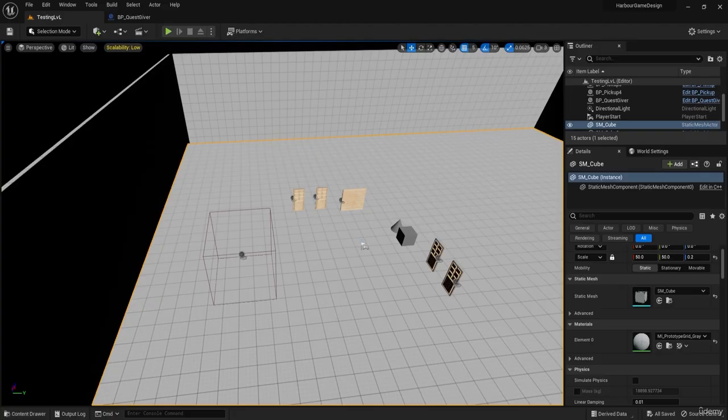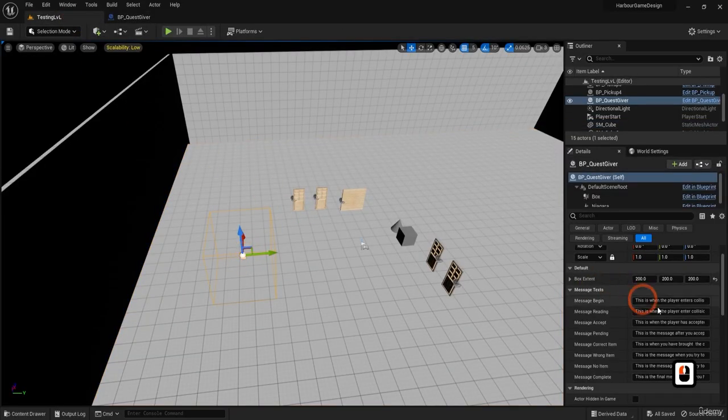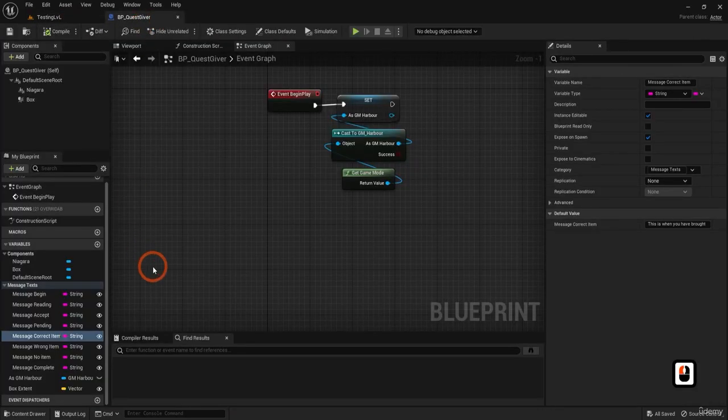In the last lesson we left off by starting to create the framework for the quest giver, and in this lesson we are going to continue. We left off by making the messages exposed on spawn and editable on the blueprint itself. And in this one, let's continue with adding